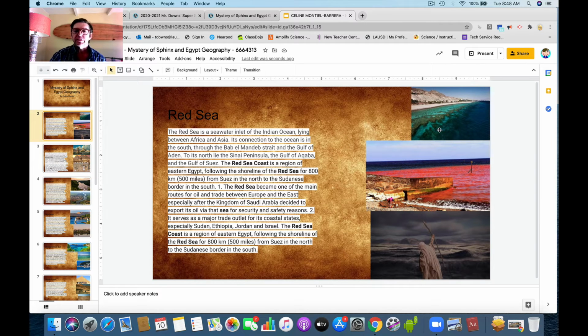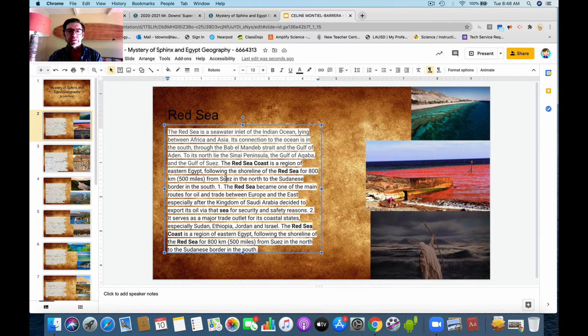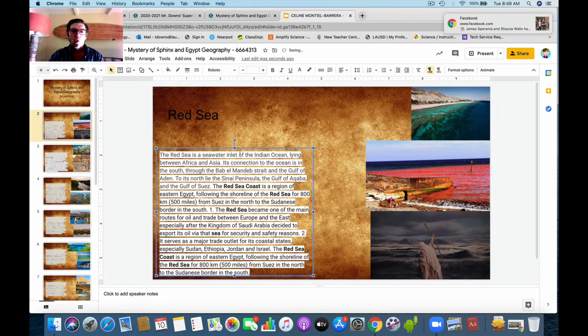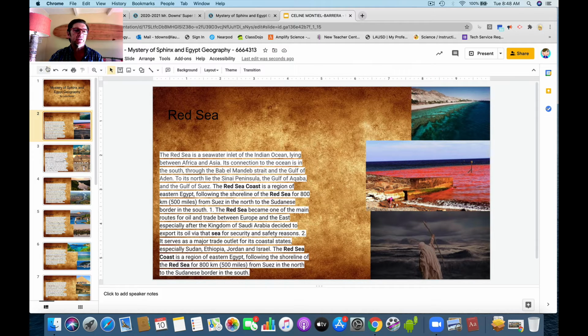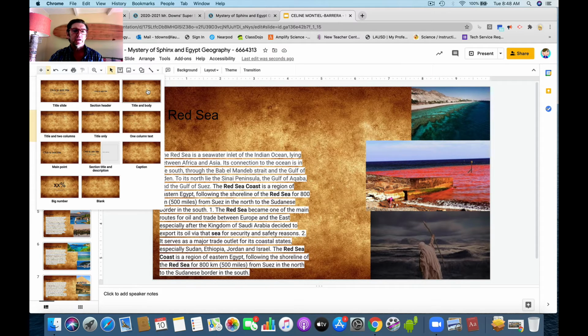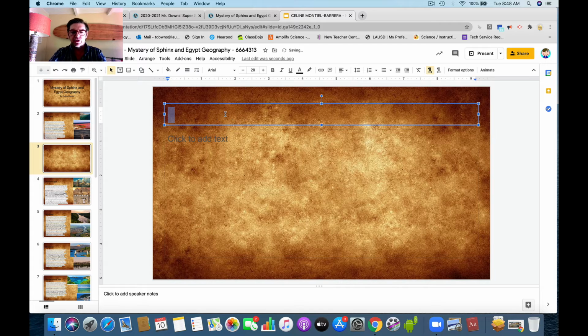Perfect. So now, Celine, you can change this if you want, but assuming Celine was going to keep Red Sea, you need to either make room for a CER or some notes, or you can add a second slide on the Red Sea. And everybody should know how to do that. Let's say Celine's going to add a second slide just for fun. Title and body's a good one. And now she could do Red Sea